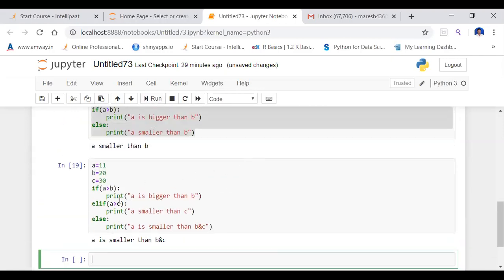Right. So first it will go to this one and check the condition: A is greater than B. This condition is failed.